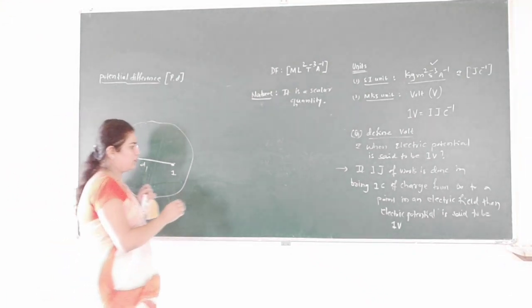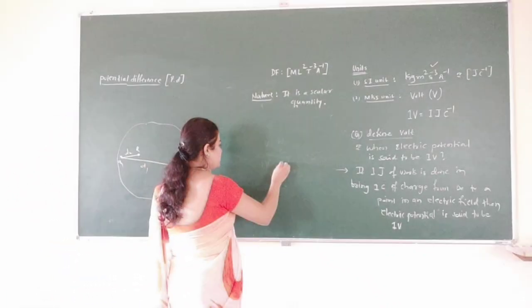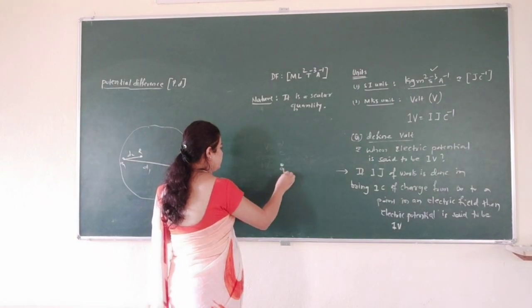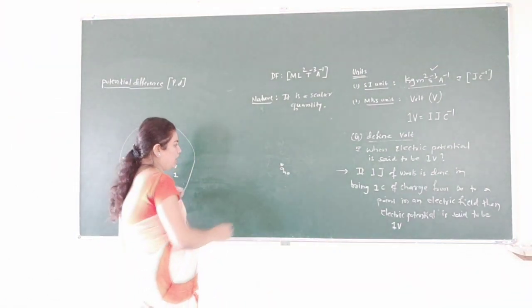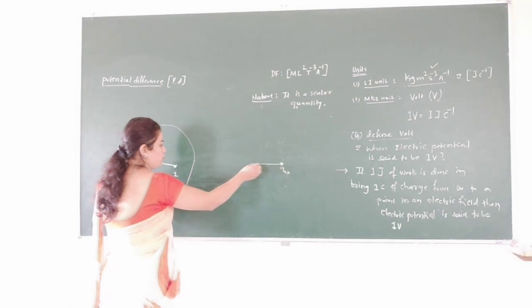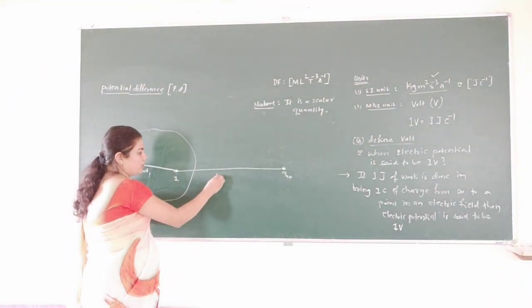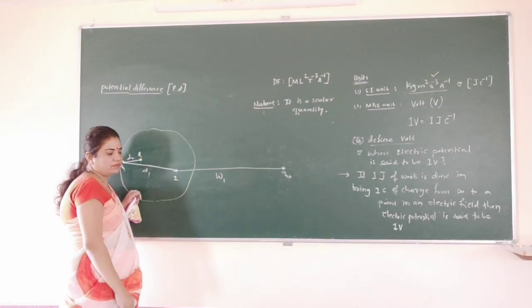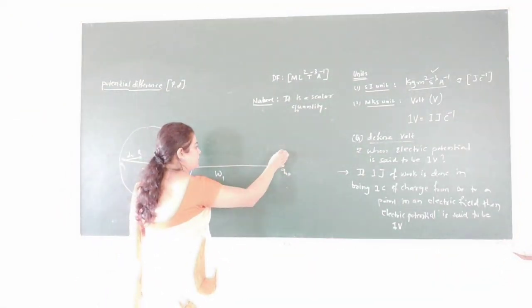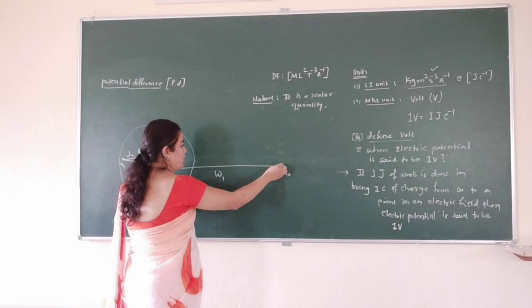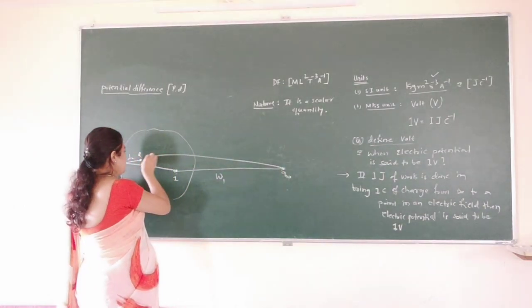So now I'll bring the test charge Q0. I bring the test charge Q0 from infinity to point 1. Here the work done is W1. The same test charge, if I bring from infinity to this second point,